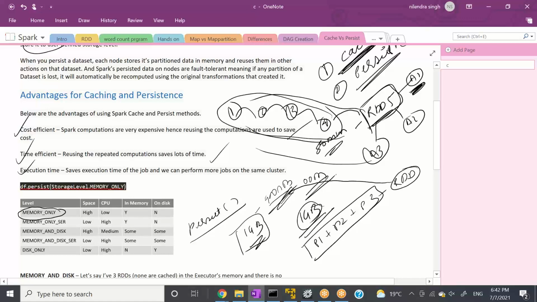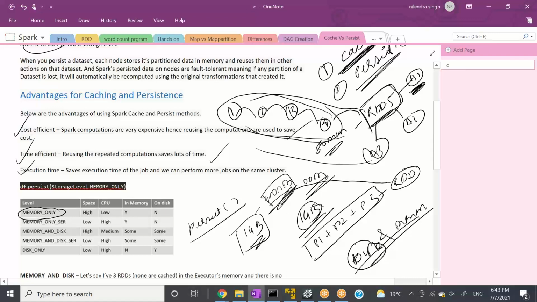Now, what is the solution? So what the Spark researchers say is, guys, don't worry. If you don't have enough memory available, you can split the storage level between disk and memory. So you can decide where you need to put it. The first priority will always be memory. If your memory is full, it can be spilled to disk, right?